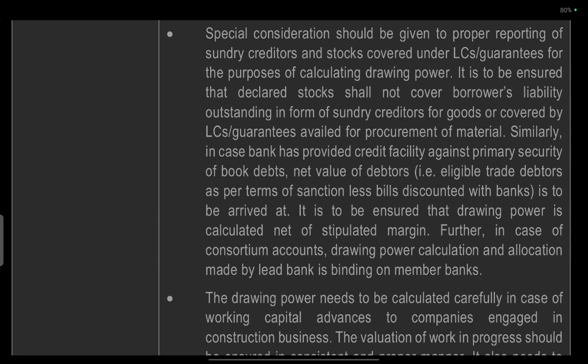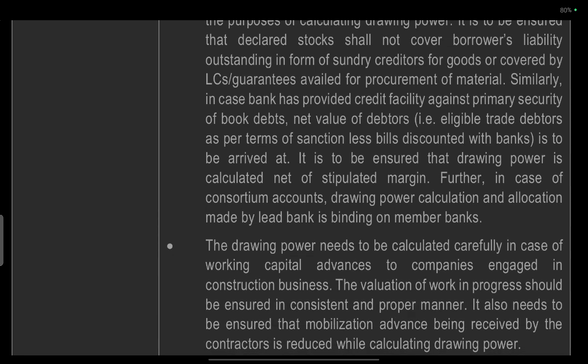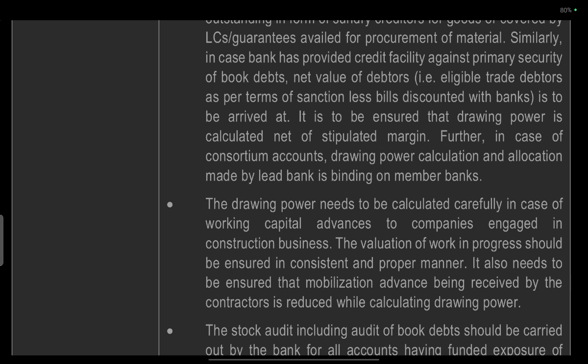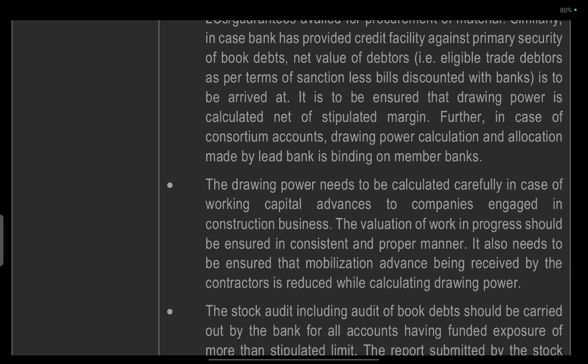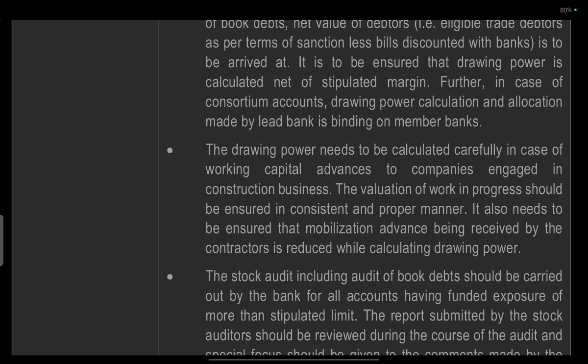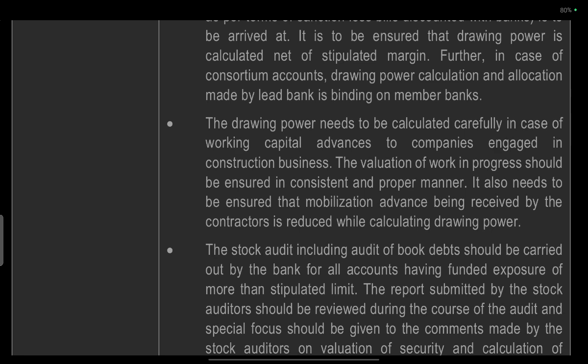procurement of material. Similarly, in the case of banks providing credit facility against primary security of book debts, net value of debtors eligible as trade debtors as per the terms of sanction should be considered. It should also be ensured that the drawing power is calculated net of the stipulated margin. Further, in the case of consortium accounts, the drawing power calculation allocation made by the lead bank is binding on